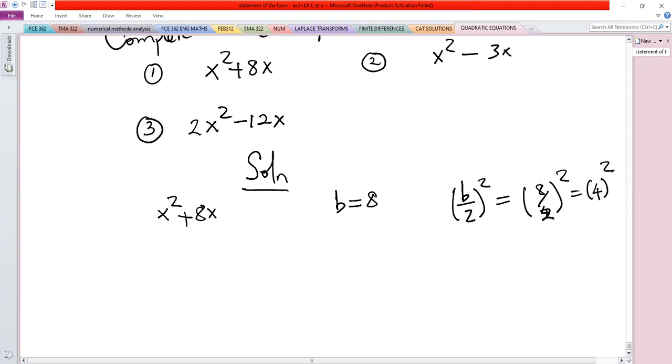So now I'll write x squared plus 8x, and then plus 4